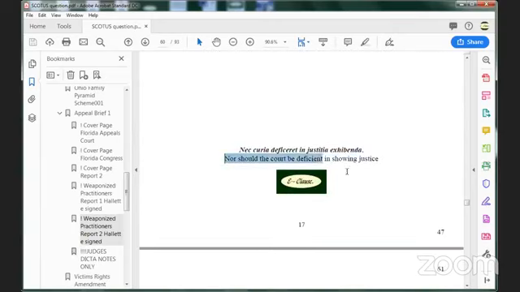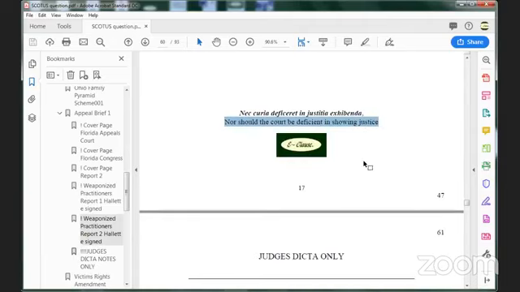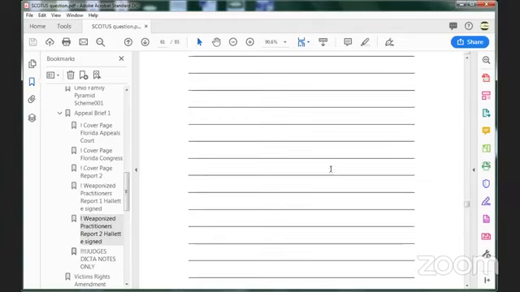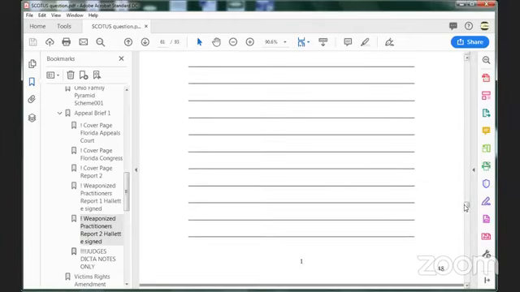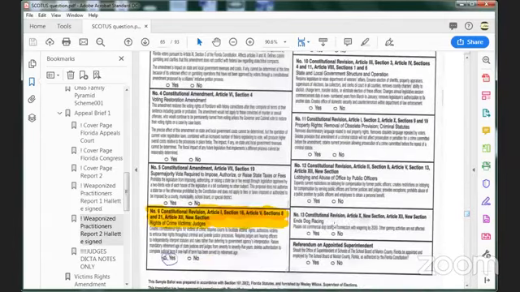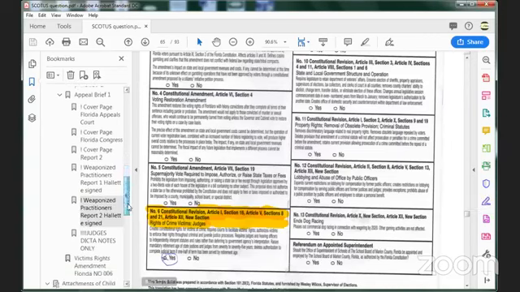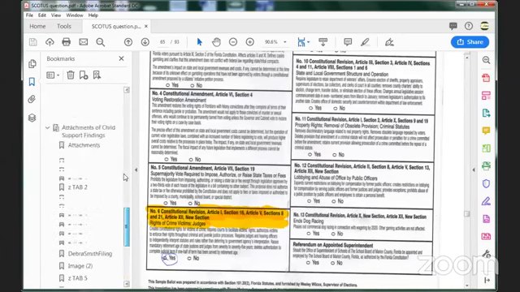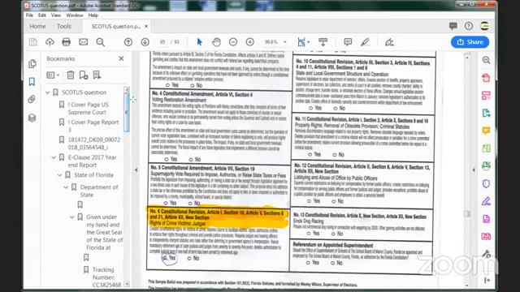Or should the court be deficient in showing justice, knowing full well that they are, right? Doesn't mean they're supposed to be, but they're doing it anyway. And of course, me being me, I leave a place for them to make notes. You want to print a copy of it, make notes, go right ahead. Legislation that we've talked about, I think that pretty much covers it. Yeah, the rest of this is all substantive crap that is not necessarily relevant, other than